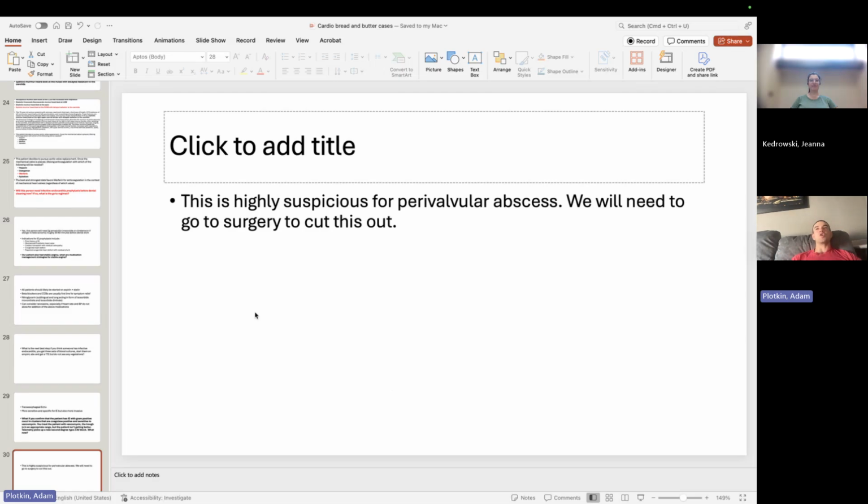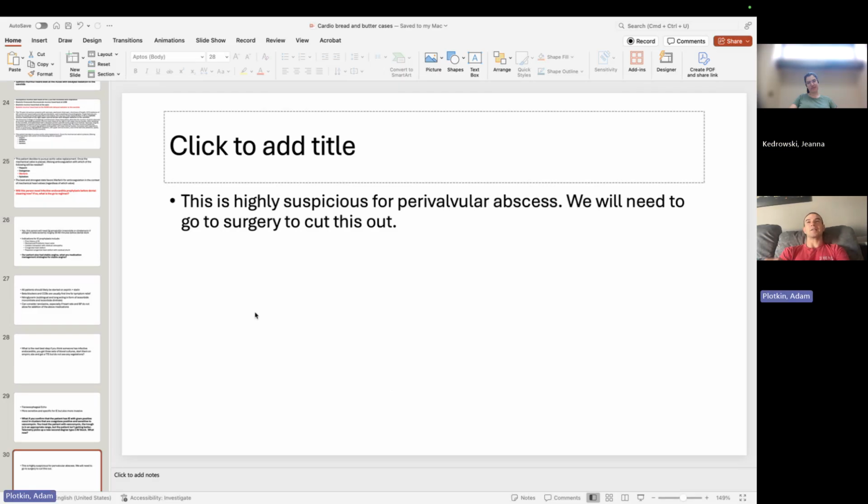So really, you've probably thought about this for pyelonephritis. If you have a patient with pyelonephritis, we treat them with IV ceftriaxone or whatever other antibiotic regimen we're doing, and after 48 hours they're not getting better, what do you think about? You think about a perinephric abscess, or some sort of kidney abscess, right? Did this ever come up on internal med? We definitely had a patient with a perivalvular abscess. And yes, it's the same idea.